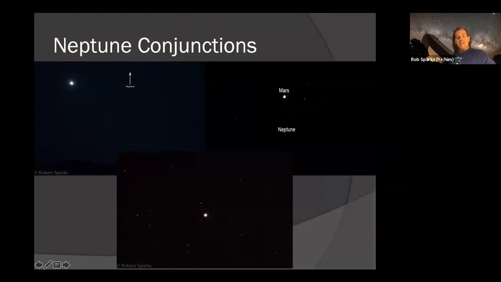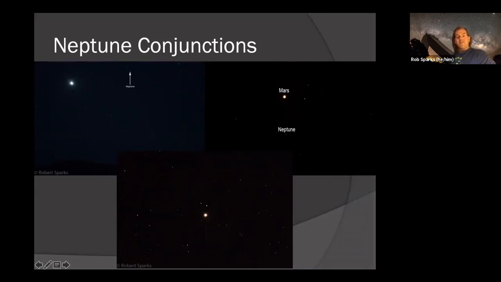One thing I've also sort of gotten into is I like taking pictures of conjunctions of interesting things. So I do some conjunctions of Neptune here. So I have 3 different pictures of Neptune. I believe this is Venus and Neptune, right at the top here, so top left. Mars and Neptune is the right picture. And then another Mars Neptune one at the bottom here. This is Neptune right up here. I did check this just to be sure I remember which one was Neptune in this one.